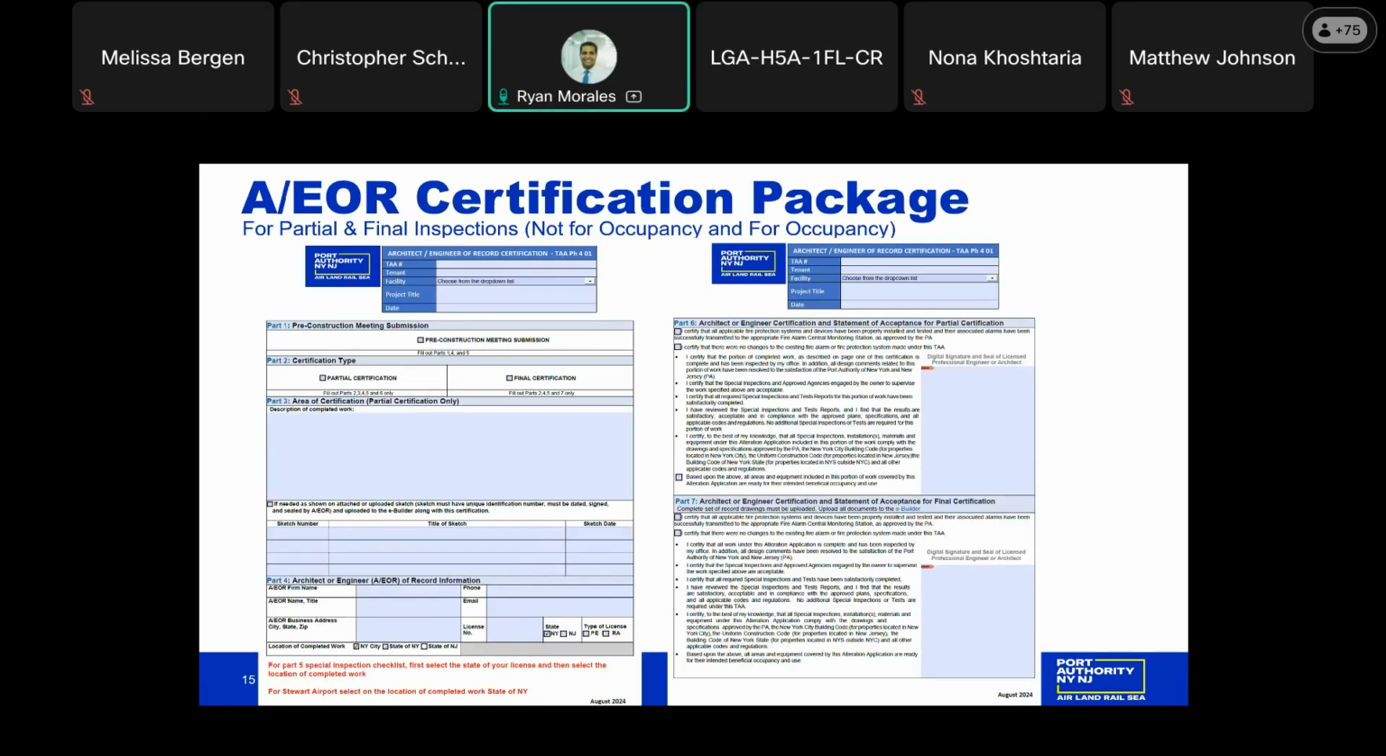So all of you, or most of you, should be familiar with this package. This is the Architect Engineer of Record certification package. Basically, what we've done is we've removed the lead for cover letter, PH 212, PH 314, and special inspections checklist, and combined it all into one package for simplification purposes. Basically, what it consists of,